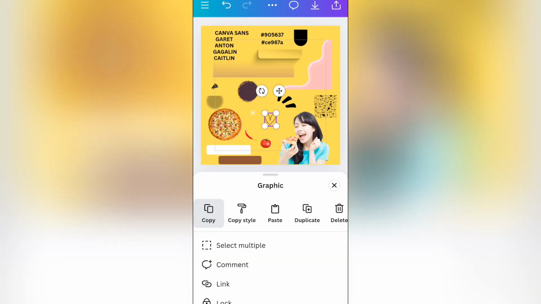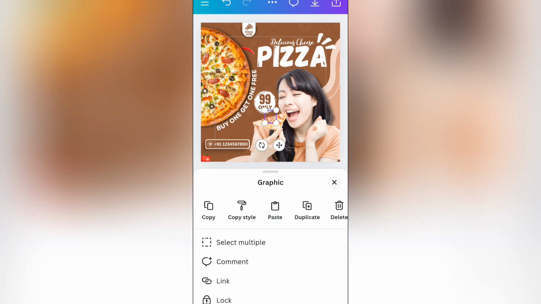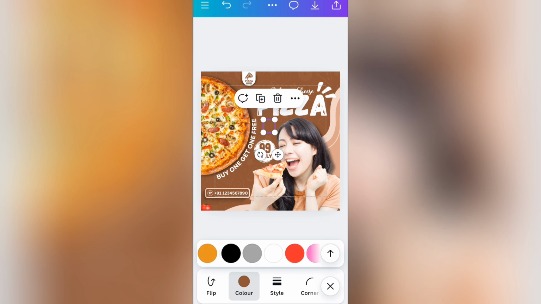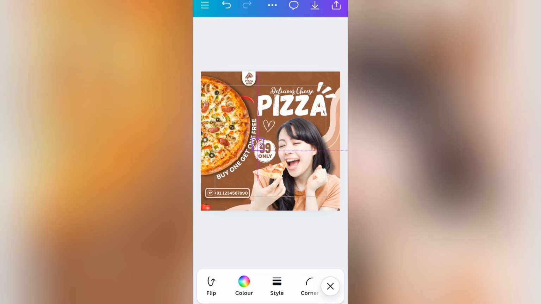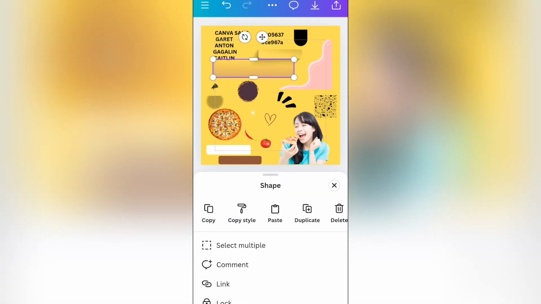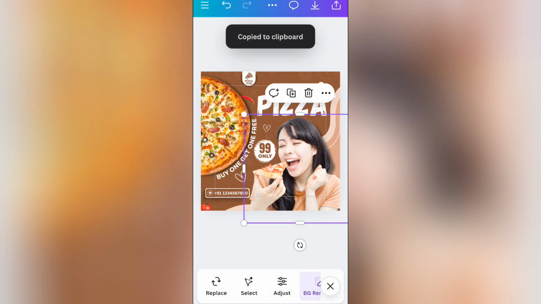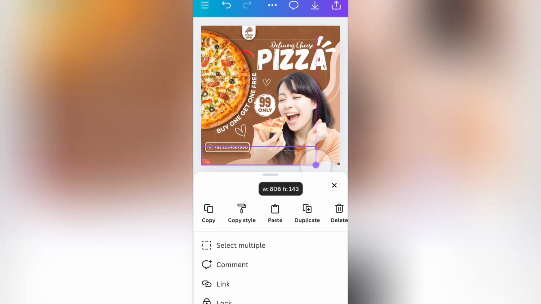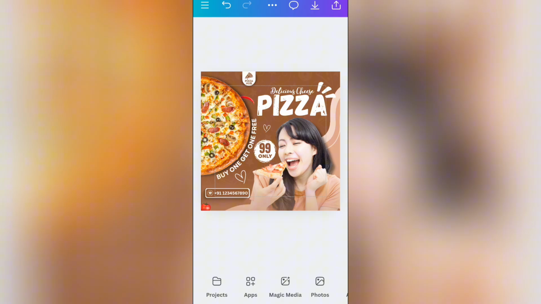Now time to select this heart icon, copy it and paste it, drag it here, change the color of it to white color, copy it and set right here and like this. If you want a clean space, so please skip this part. And now time to set this shadow, so please select it and copy it and paste right here and drag it like this. Increase the size of it like this.